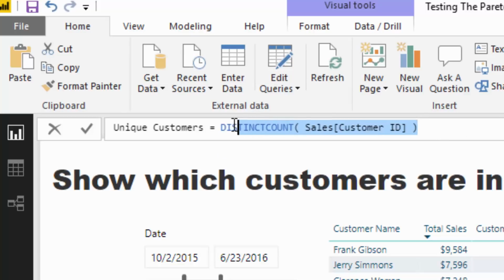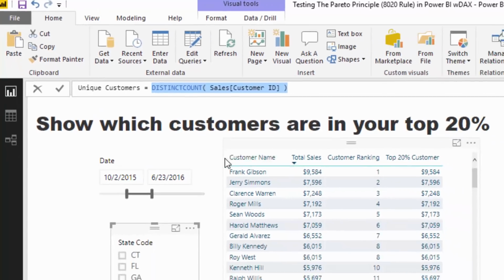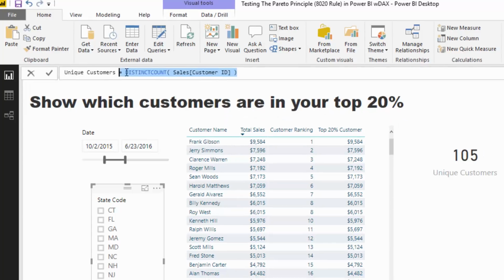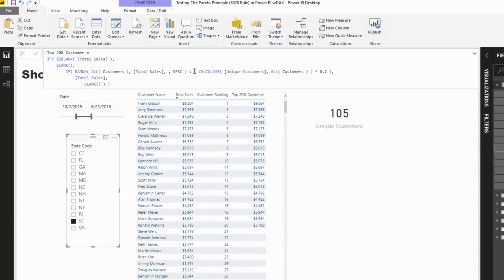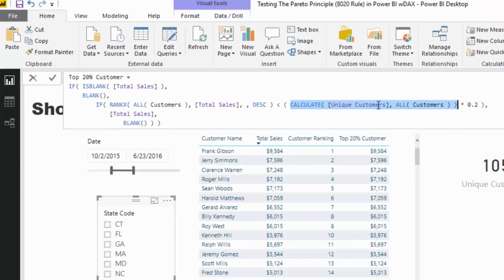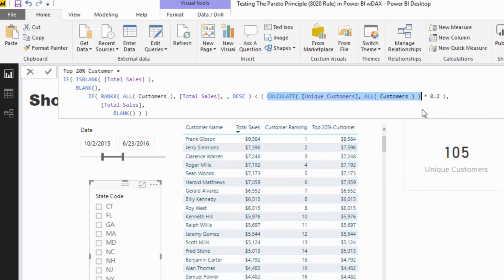with this formula though, is that it would evaluate in this context to 1 every single time, because it's being filtered by this customer, right? This customer is filtering the sales table up here for itself, and so the distinct count of each individual customer would just be 1 all the way down. So unless we do this to the formula, where we actually remove the context of the customer to then retrieve the total unique customers and times it by 0.20,